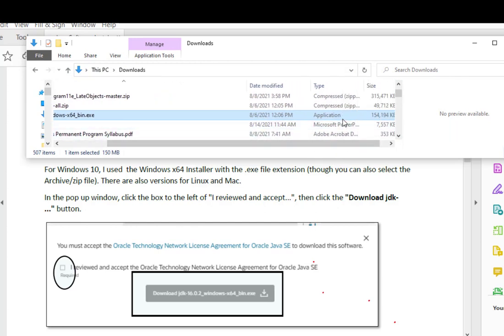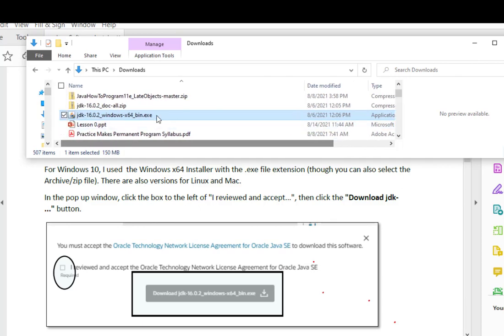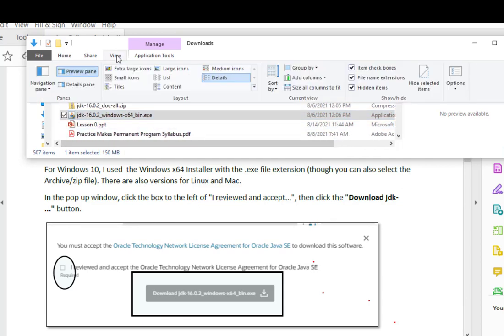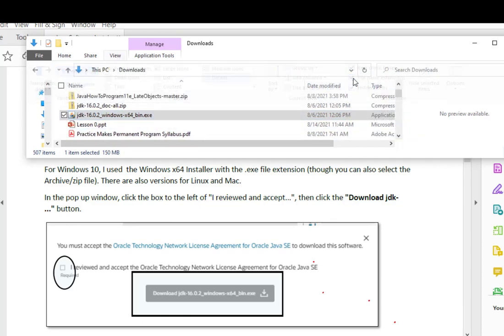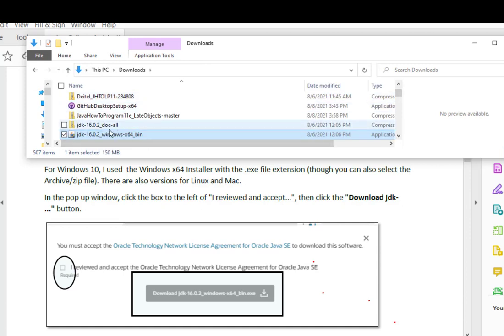Otherwise, you may be able to look at the type. It's an application, which may give you a clue of what the file extension is if you don't have that check there. So it's a lot easier to see that it's an executable file if you turn on file extensions. Double click on that to get it to run, and you will be given a few dialog boxes. I have those in the handout, so read through that, and before you know it, you'll have Java SE 16